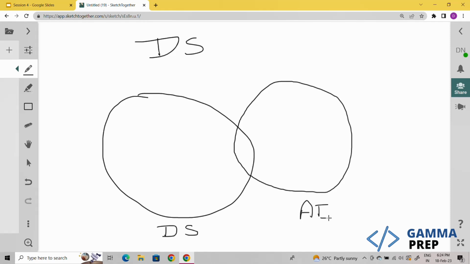Now, what is machine learning? Machine learning is basically a subset of AI, and the aim of machine learning is to keep learning to help the machine think and act like humans. So it's a subset of AI. Basically, we are using data to make our machines learn so that they don't need to be explicitly programmed. Okay, so let me make machine learning here. Machine learning would be like this. So machine learning is a subset of AI.